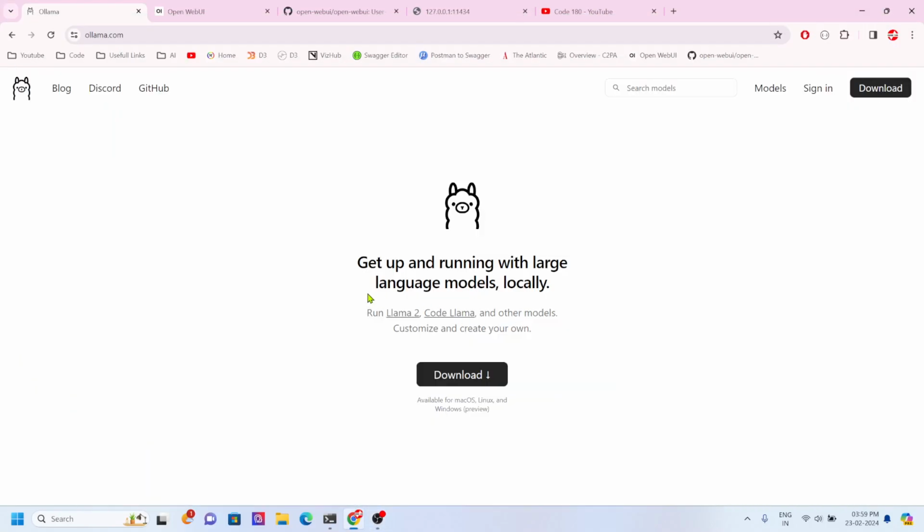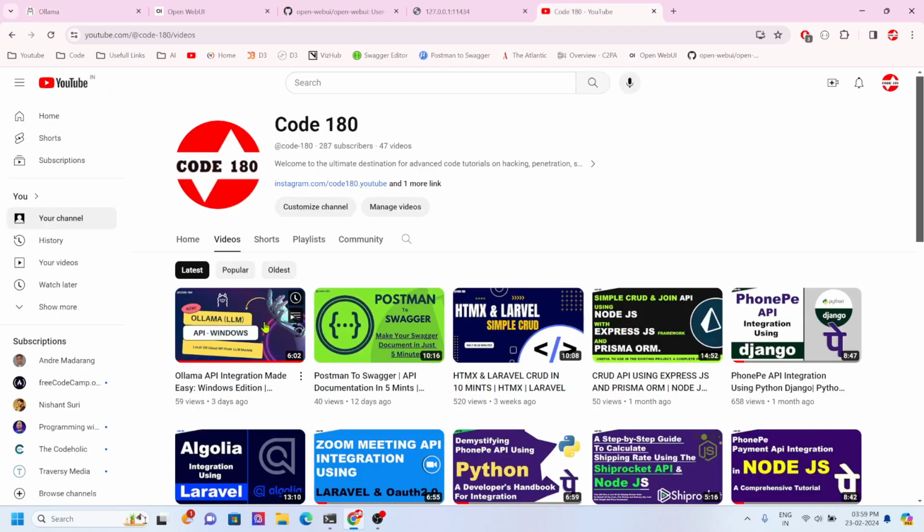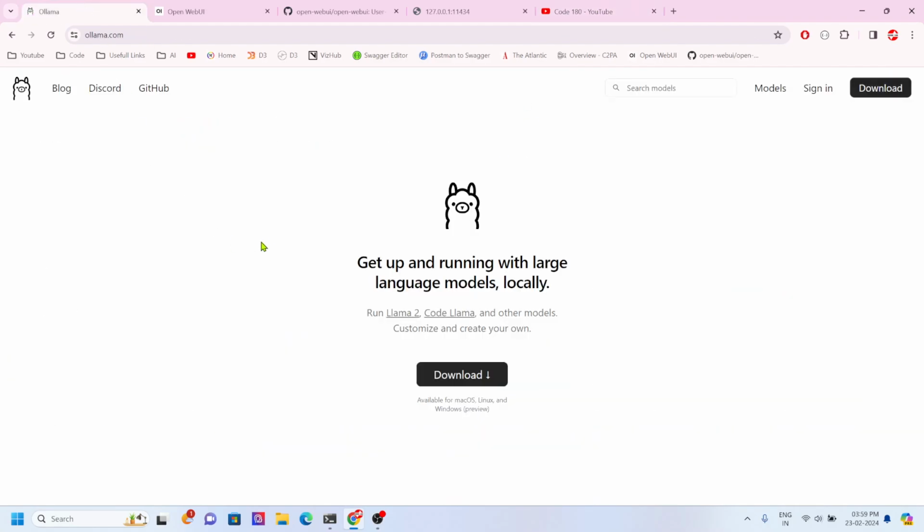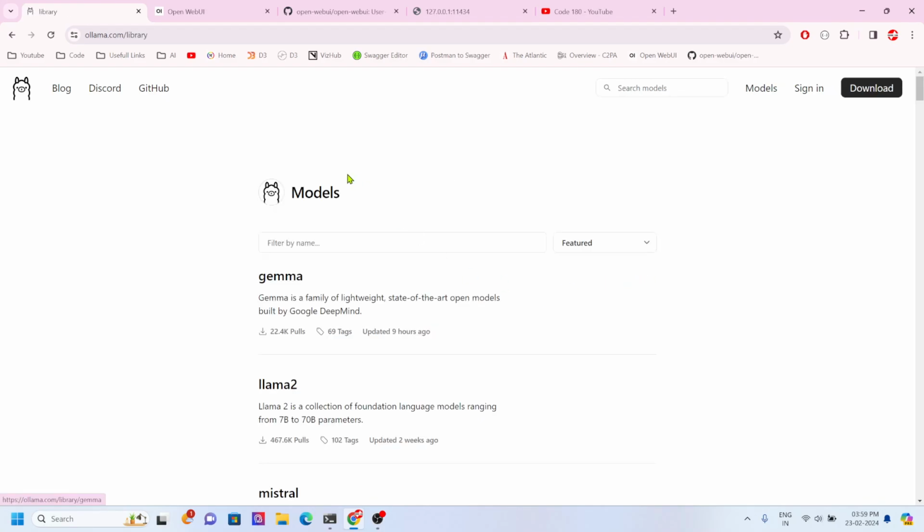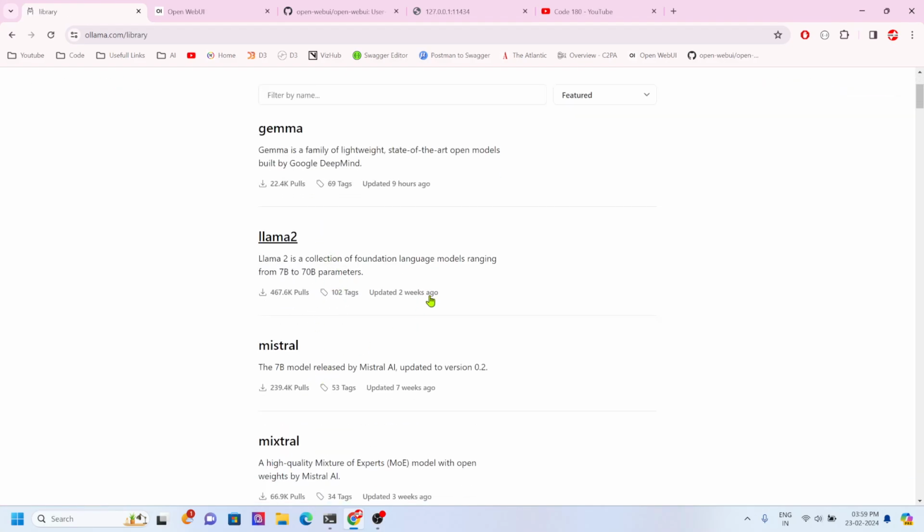So today we are going to show you something very interesting. Ollama is something that we have previously covered in my video with that API, but it has a GUI also. Okay, so this is a very interesting topic to talk about. Ollama is a local database for any LLM, big LLM. If you go to the model section, you can see there are a lot of models that are locally